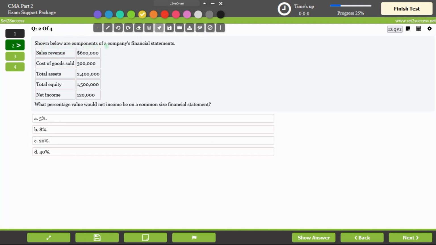Shown below are the components of company's financial statements. We have sales revenue, we have cost of goods sold, we have total assets, we have total equity and net income. What percentage value would net income be on common size financial statement? So this is the income statement. So for income statement, sales is the base,